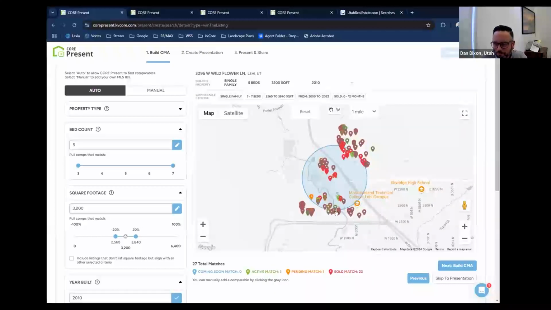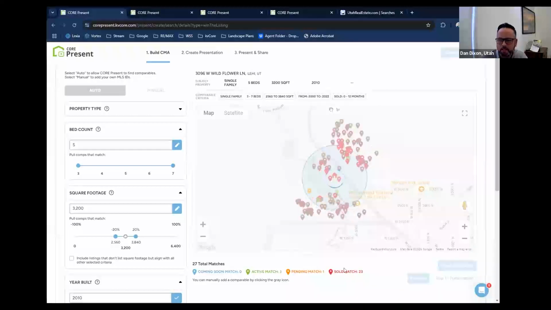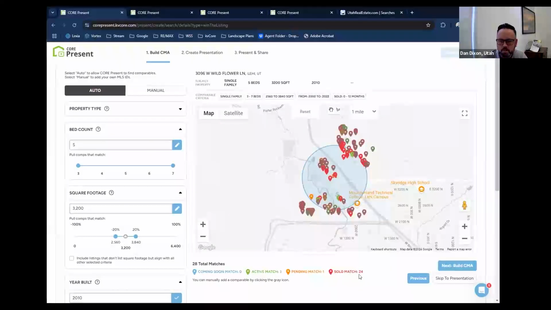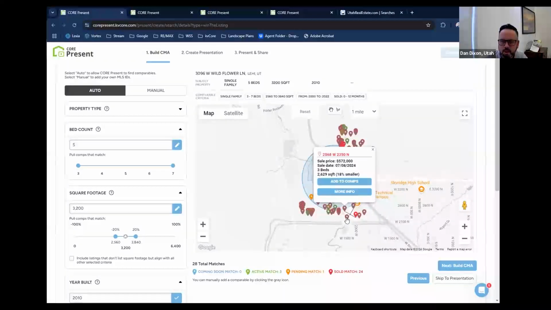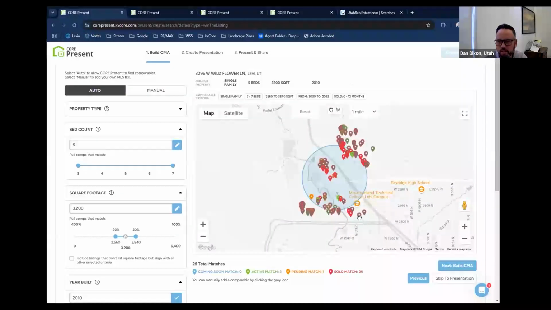And so when I go in there, I didn't do it right. But when I go in there and find it, there it is. I can just add that to the comparables. So now my sold match went from 23 to 24. You can see it's a little darker red here. So I can look at each one of these comparables and be like, oh, does it make sense to add something that's only 2,500 square feet? Like maybe not. 26, maybe that's a little small. 39, a little big, but maybe I do want to add it to my comps because my seller likes that. So I can do that there.